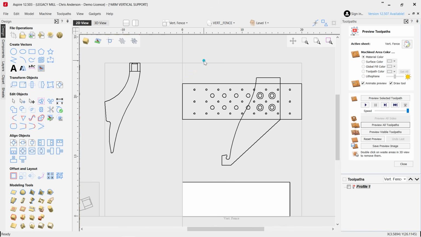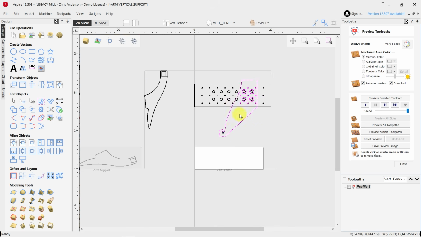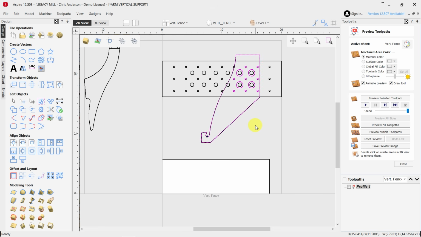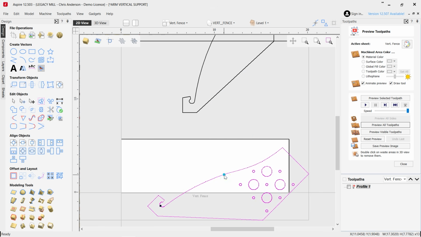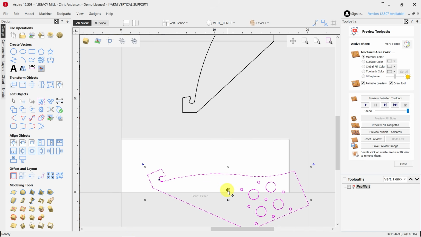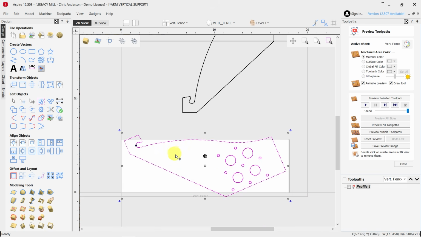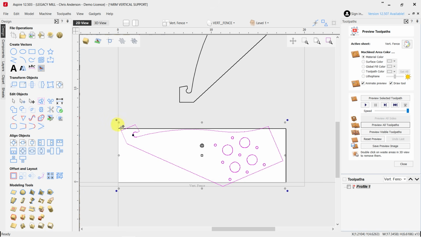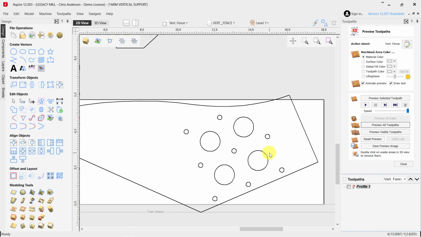So if we select this and go copy paste and bring her down here, we can now rotate this any way we wish. Let's say something like that. It looks like I'm going to have to resize my blank size to accommodate the size of this fence. But that is the actual shape and the holes that I need to drill and pocket out